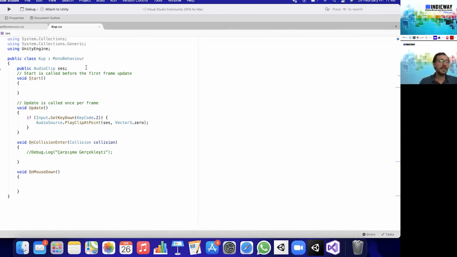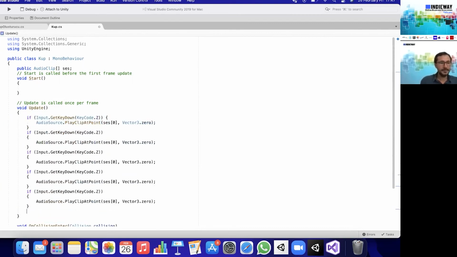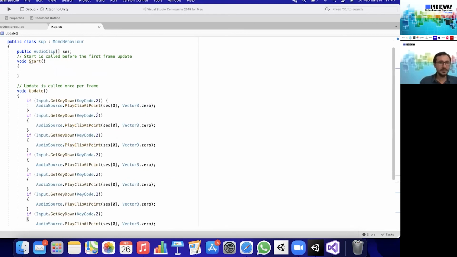And let's turn our sound into an array. I mean, more than one sound files can be accommodated in that variable. Let's create such a variable. And if Z button is pressed, the element zero of our array will be played. Similarly, for the other musical notations,